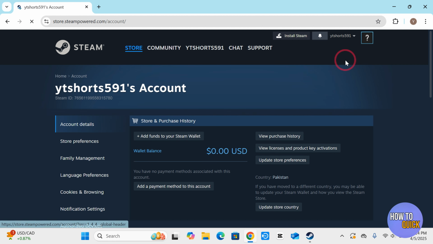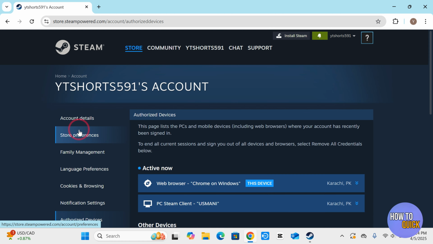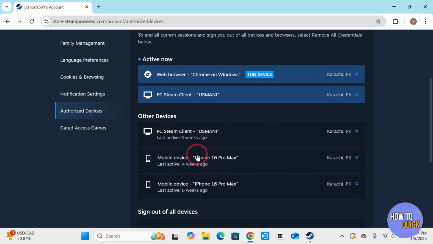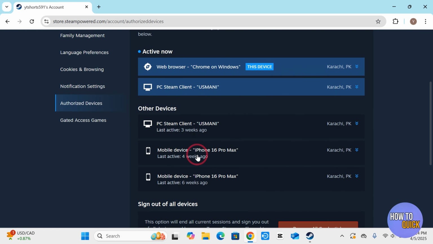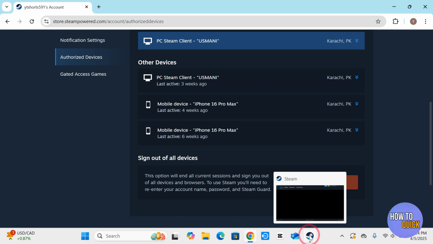account details again. And then you have to scroll through and find authorized devices over here, and then you have to scroll through and here are all the devices that you're logged in on, the devices on Steam. And now to log out all the devices you have to click remove all credentials, and like so on the